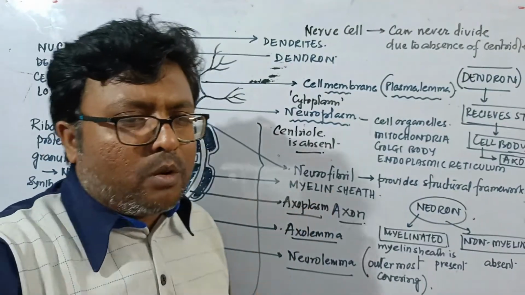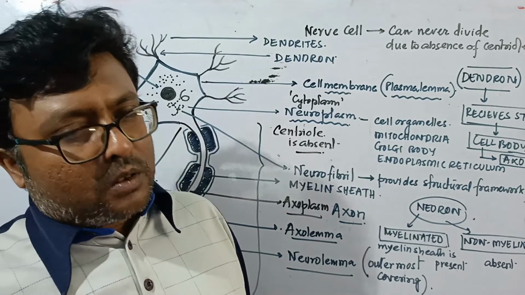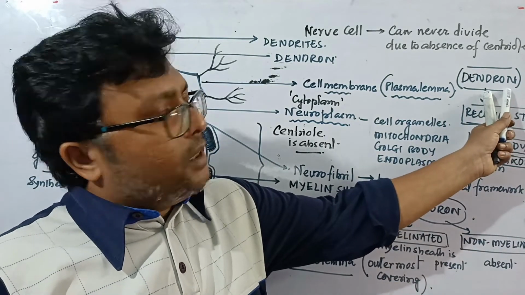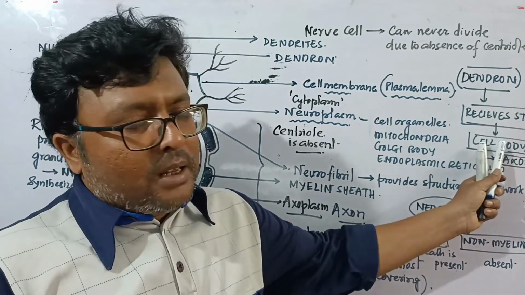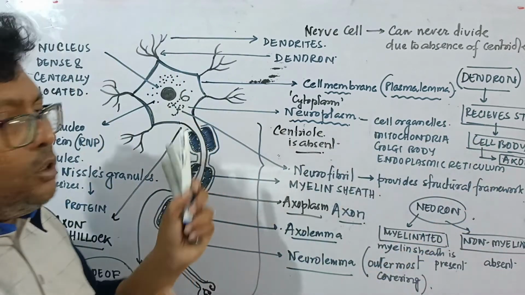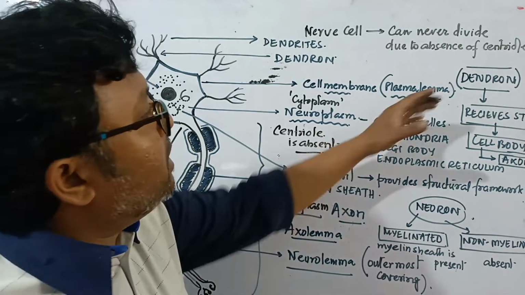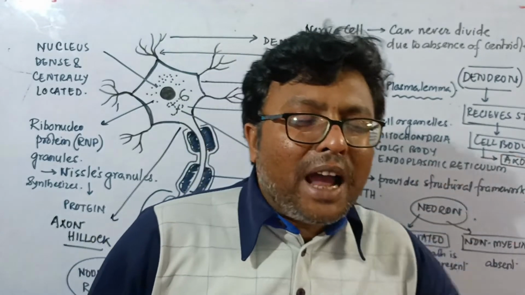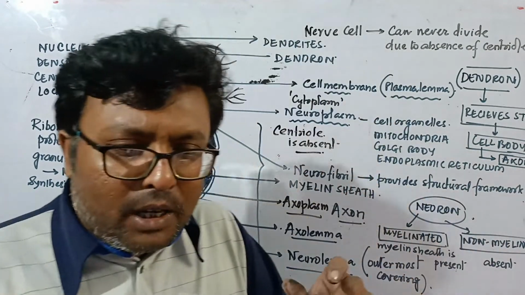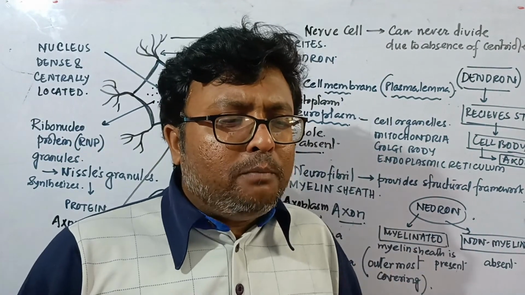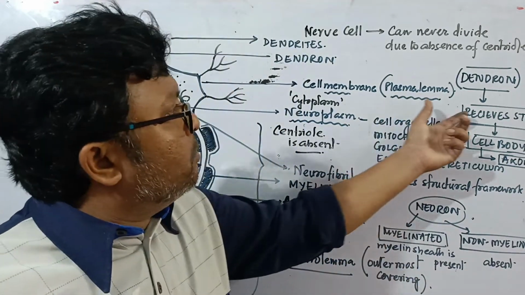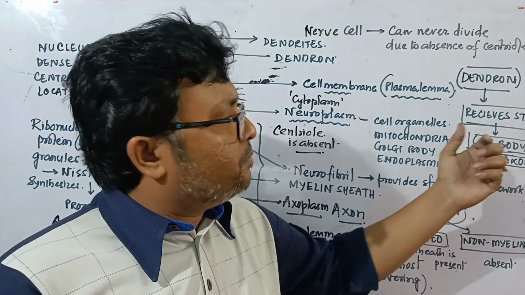it receives what? It helps to receive stimulus. Dendron receives stimulus and this stimulus is then carried to the cell body. So the cell body acts as a junction between the dendron and the axon. Cell body, it acts as a junction between the, you can say,